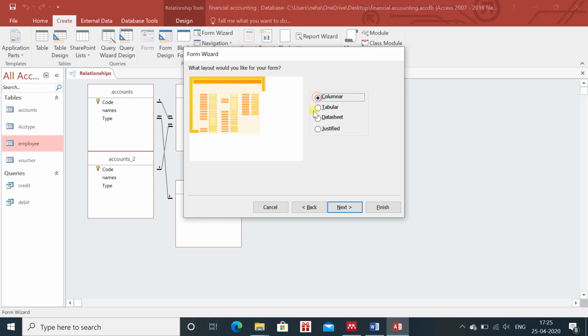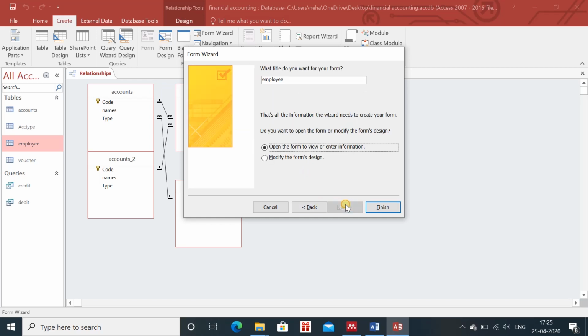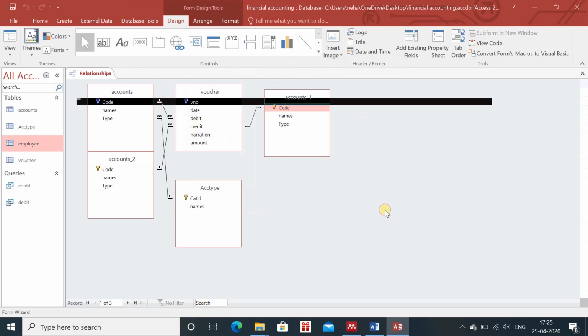Suppose I want the column form. Next. Here I want the employee form, and open the form to view or modify. I don't want to modify the design, so I'm clicking on open the form to view or enter the information, finish.